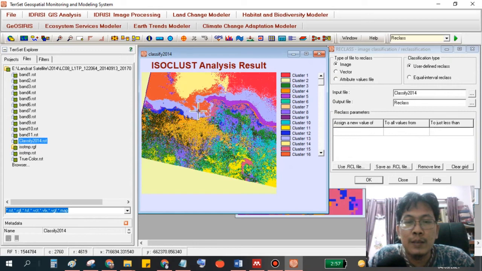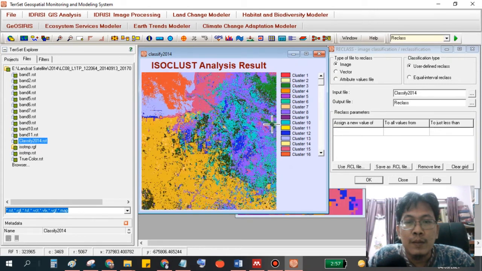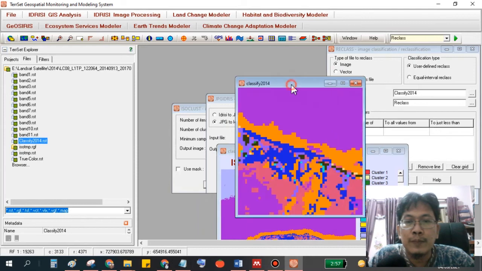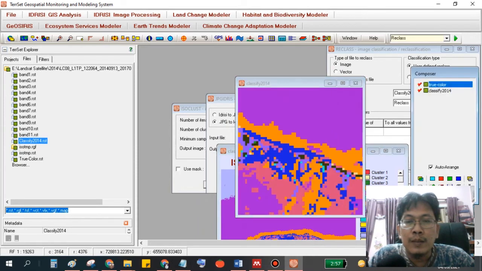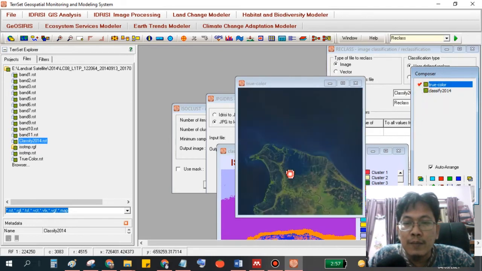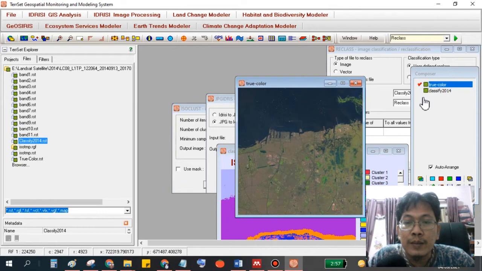This is, I think, okay, we see 4 is, I think it is water, or if we use the composite, we can see the real true color, yeah.